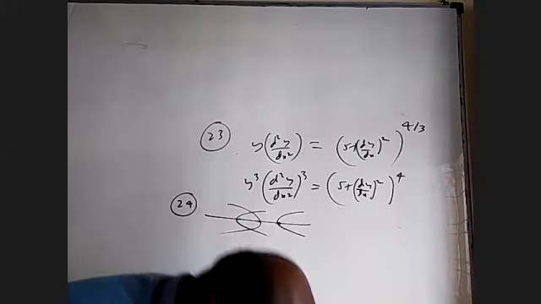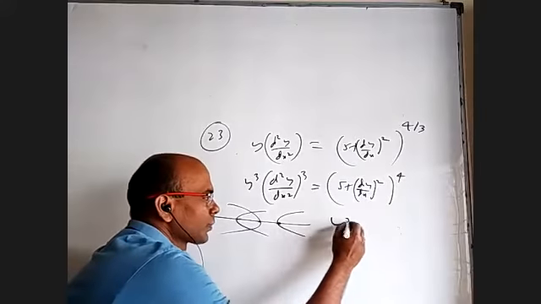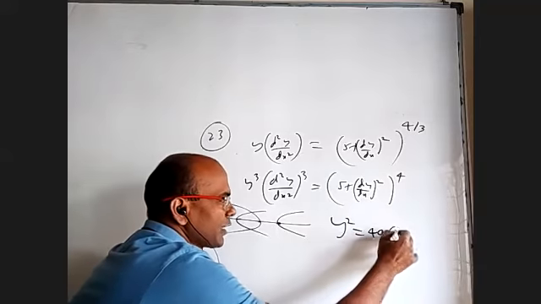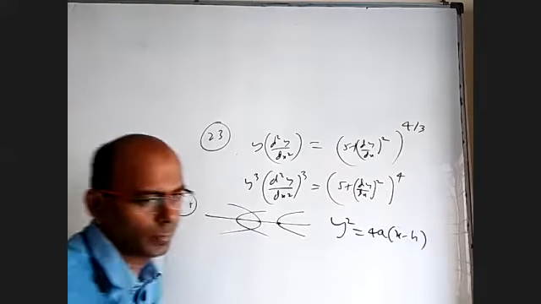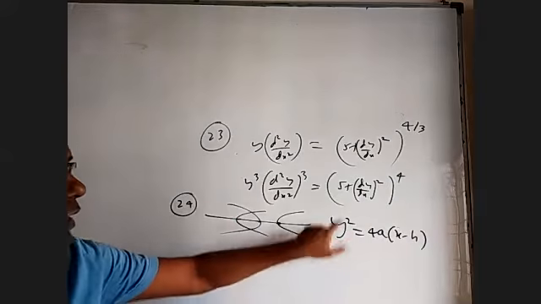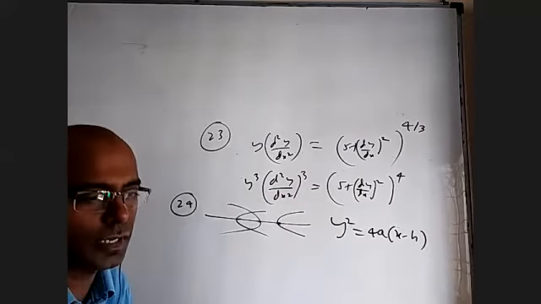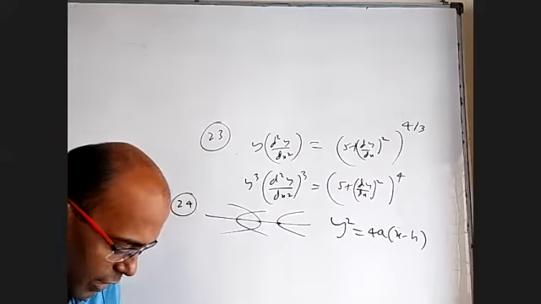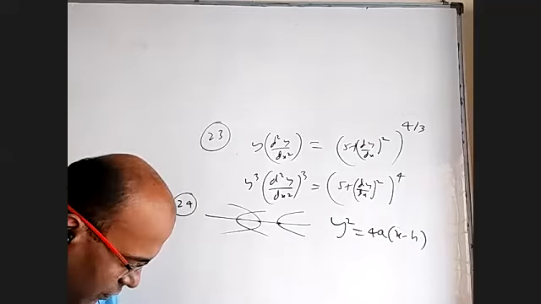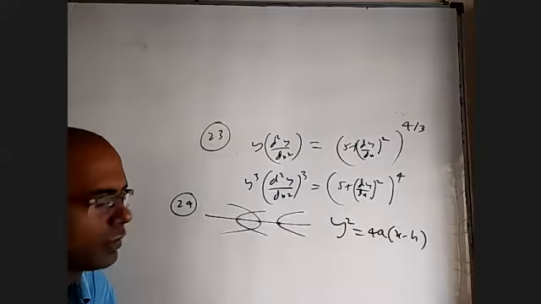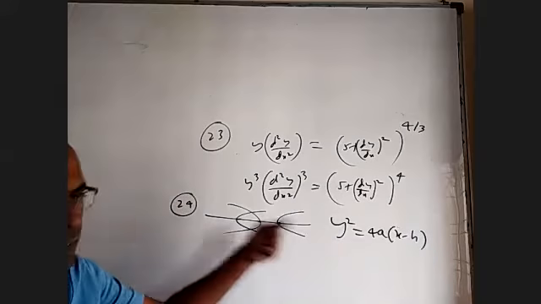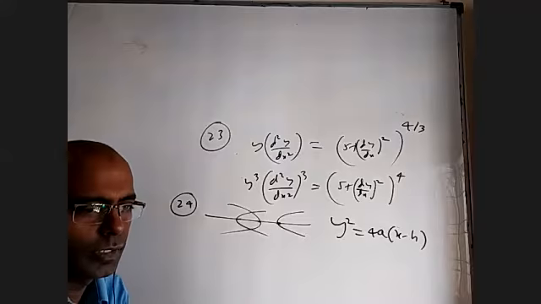Yeah, it is not y minus k whole square. Only y square. You might have said y square equal to 4a into x minus h. Normally, y minus k whole square equal to 4a into x minus h will cover all the parabolas whose axis is parallel to x-axis. But here they want not parallel to x-axis, x-axis itself. Then your vertex y coordinate has to be 0. X coordinate can be anything.